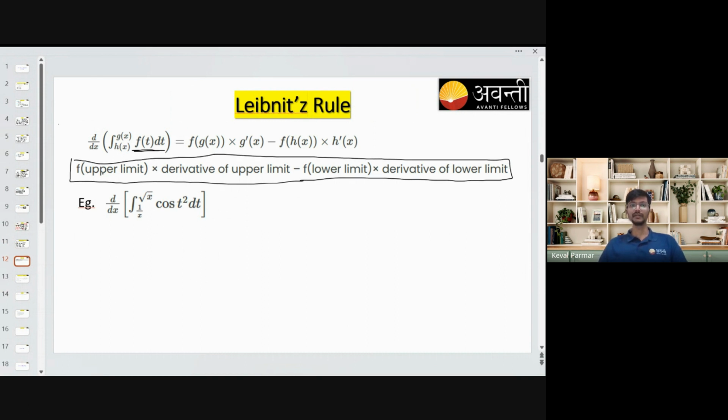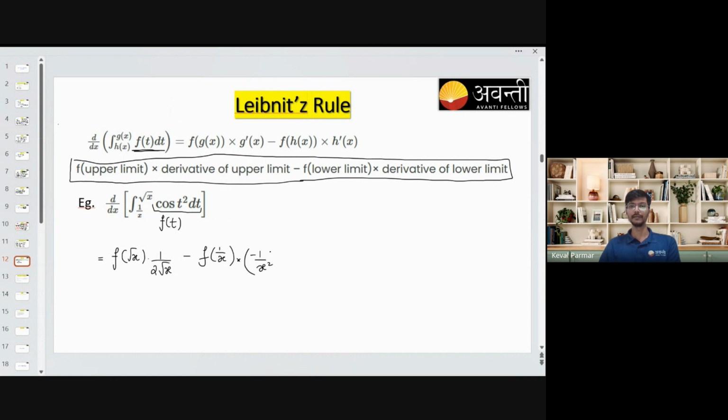That is f of upper limit into derivative of upper limit minus f of lower limit into derivative of lower limit. This is the function f of t. So what will be my answer, guys? My answer will be f of upper limit, which is root x, into derivative of root x, which is 1 upon 2 root x, minus f of lower limit, which is 1 by x, into derivative of 1 by x, which is minus 1